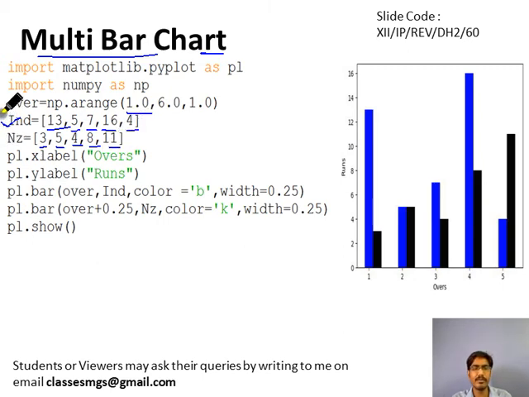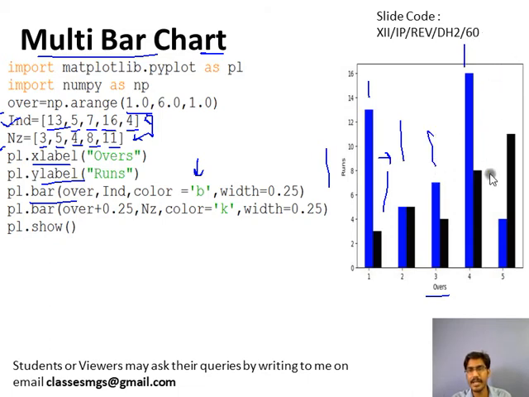So if you want to display more than one data set in the same graph, then we can use the multi-bar chart. You can draw as many as you wish. You can use multiple bar charts in the same graph, and you can depict those bar graphs in different colors. So we are setting the xlabel and ylabel as in the previous example, overs and runs. Then we are using bar. For this bar, we have specified color equals blue. All the bars will be in blue color like this. For the Indian data, it will be shown in blue color.